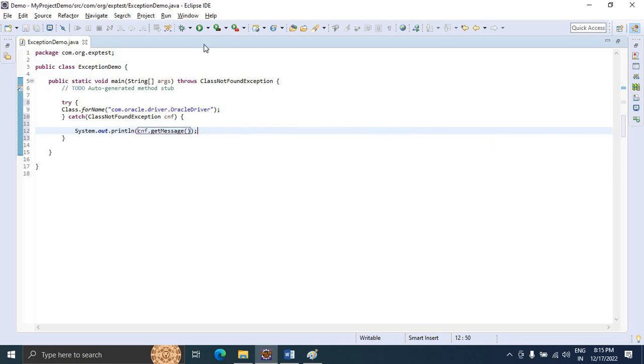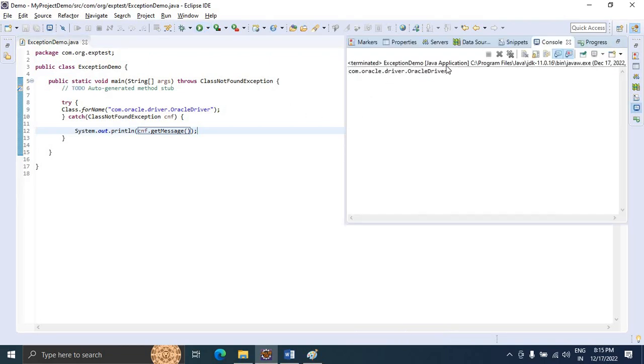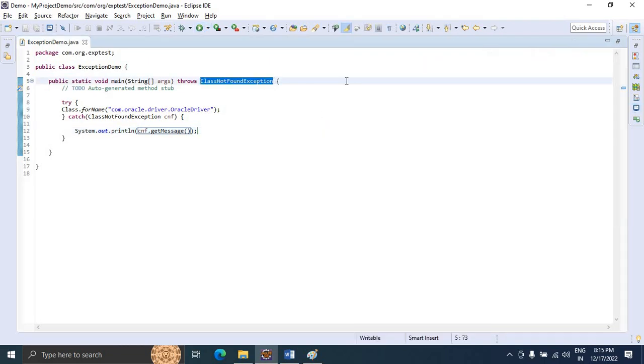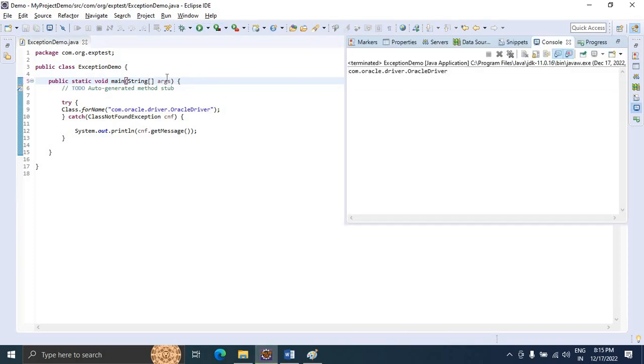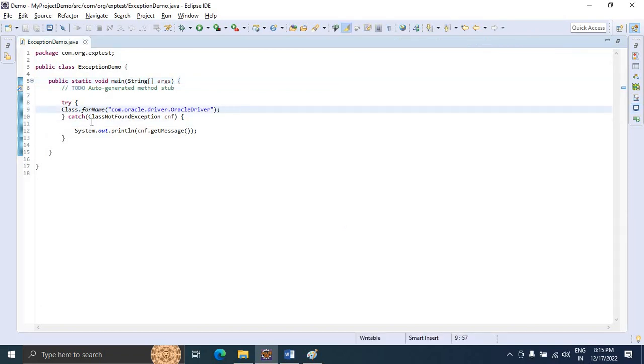Okay, let's try to run this program now. Just try to remove this one and check whether we will get the same exception or not. See here, even though we are not using the throws keyword, if we surround the code within this try catch block, then we will get this one, and we need to use the proper driver name